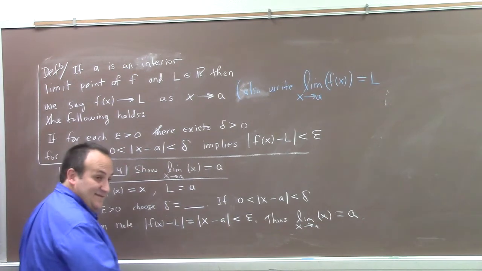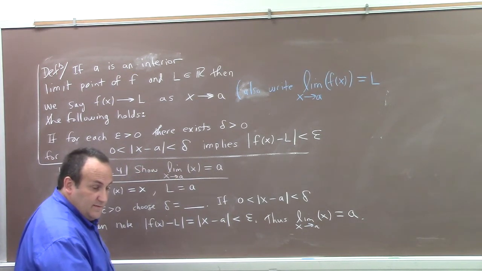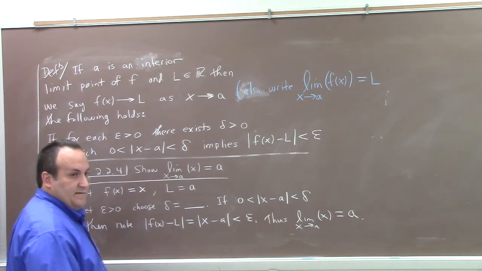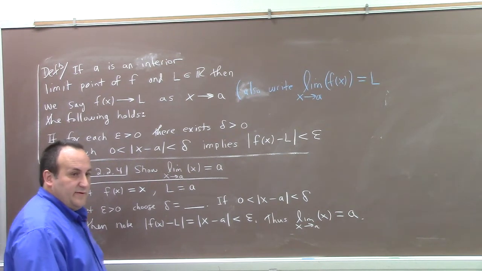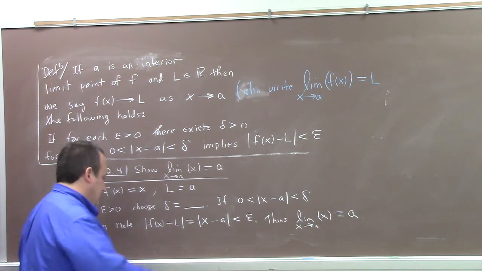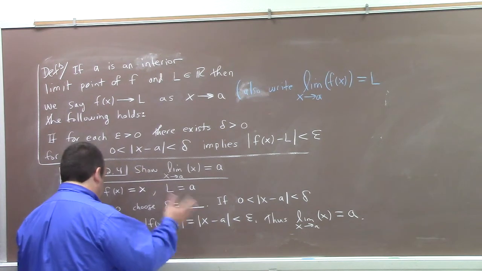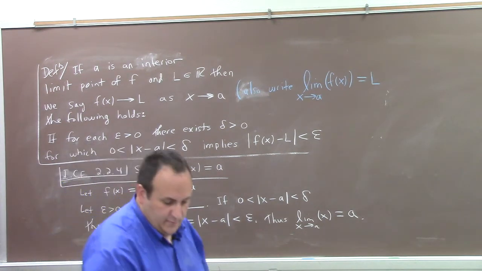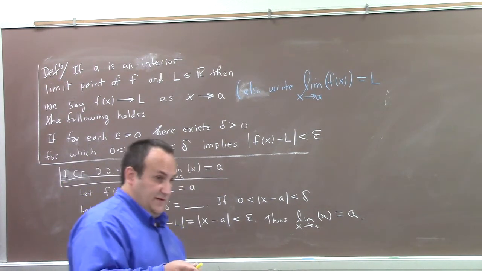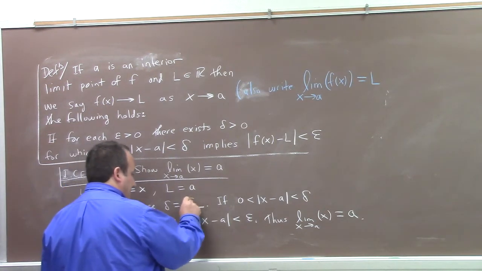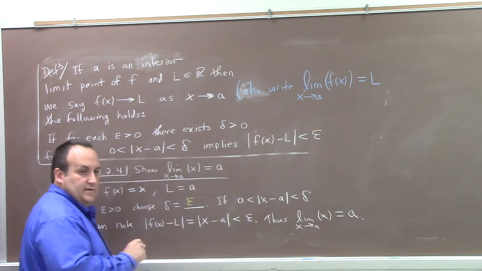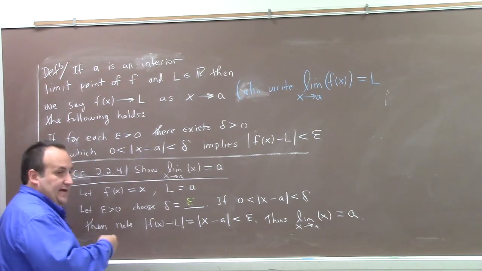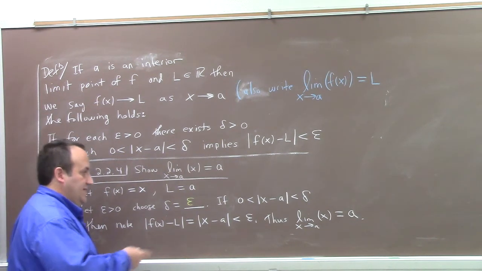All right, yeah? Equal to, no, 1 won't work here. There is a problem 1 will work for, but not this one. So I'll put you guys out of your misery. What if we just make delta equal to epsilon? Right? If we make delta equal to epsilon, and we can do that, then if 0 is less than absolute value of x